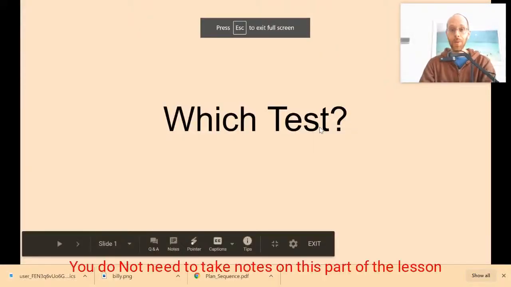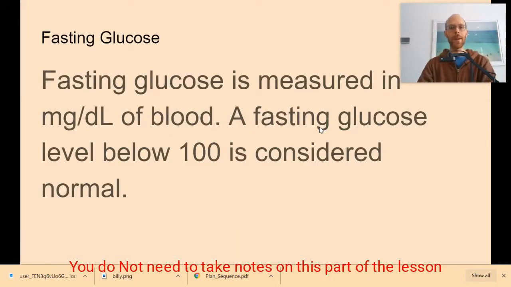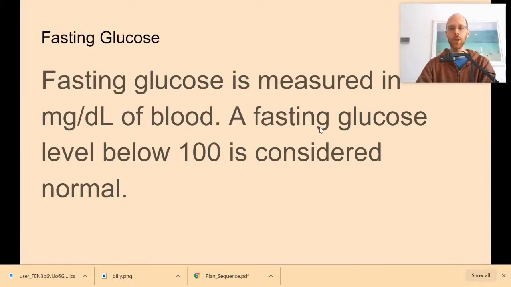So which test? We want to know if you can identify which test to use. Here we go. A little bit of background. We're going to be talking about fasting glucose level. Fasting glucose is when you fast for a period of time and then some blood is taken and we measure how many milligrams there are per deciliter of blood. Anything below 100 is considered to be a normal, not normal curve, but just normal in the world level of